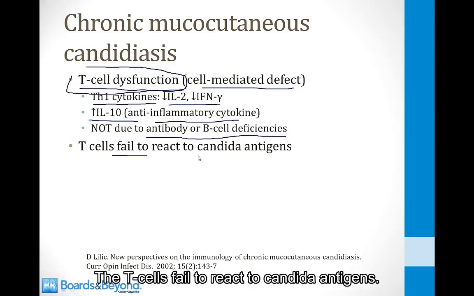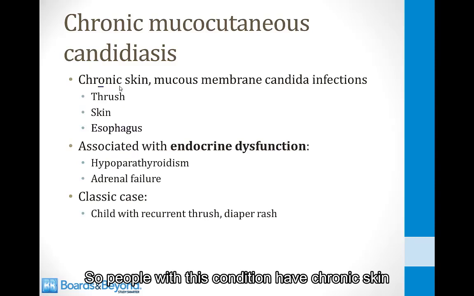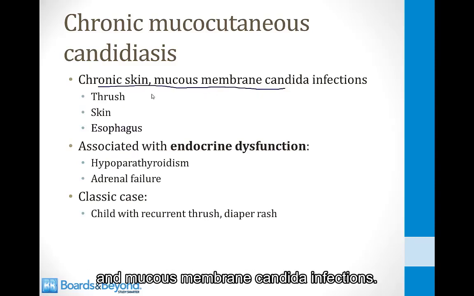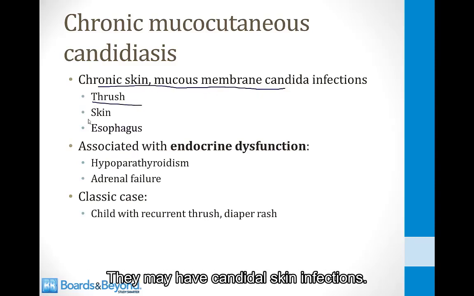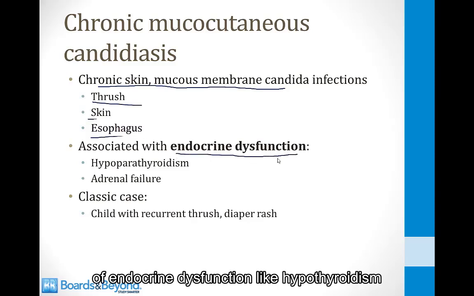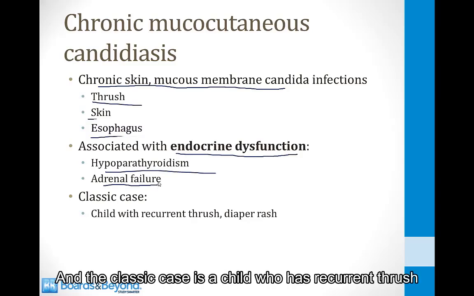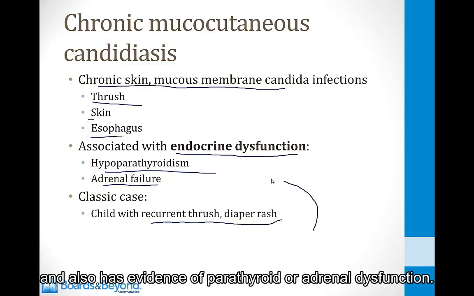The T-cells fail to react to candida antigens. So people with this condition have chronic skin and mucous membrane candida infections. They may have thrush in their mouth. They may have candidal skin infections. They may have candida esophagitis. And this will be associated with evidence of endocrine dysfunction like hypoparathyroidism and adrenal failure. And the classic case is a child who has recurrent thrush and diaper rash and also has evidence of parathyroid